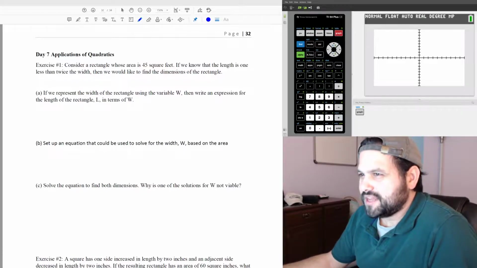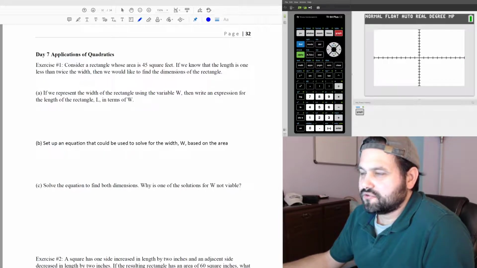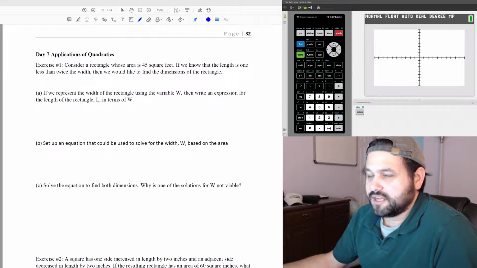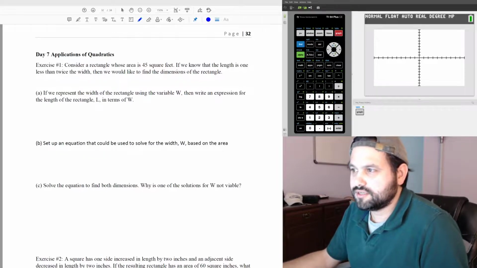So number 1, consider a rectangle whose area is 45 square feet. If we know that the length is 1 less than twice the width, then we would like to find the dimensions of the rectangle. So if we represent the width of the rectangle using W,